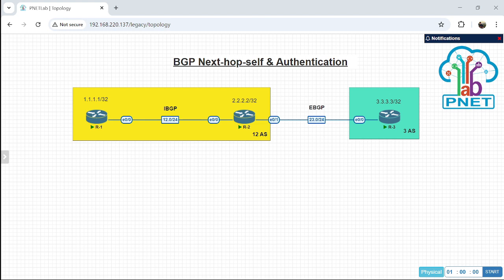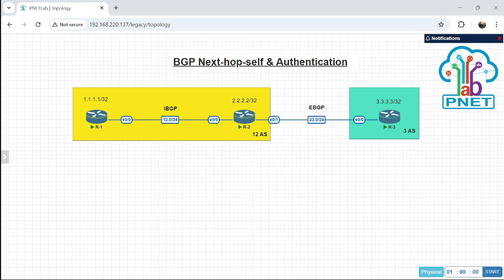I will remove it first on all of the routers. No router BGP 12.